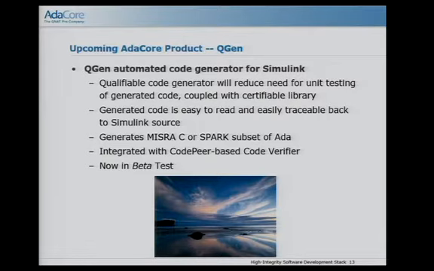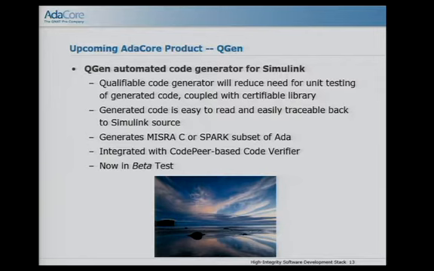But this is a tool that is an automated code generator for Simulink, and it's specifically oriented towards high integrity development, as opposed to just getting an executable program out of this model. How you go about doing that is not necessarily that interesting. We focused on the actual transformation that's taking place from the Simulink model to the generated code, which can be MISRA C or the Spark subset of Ada.